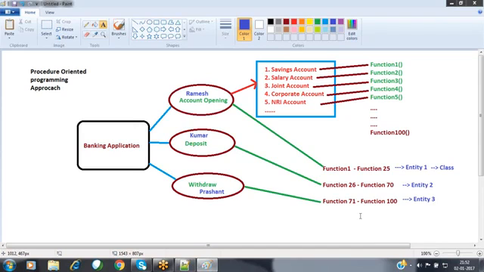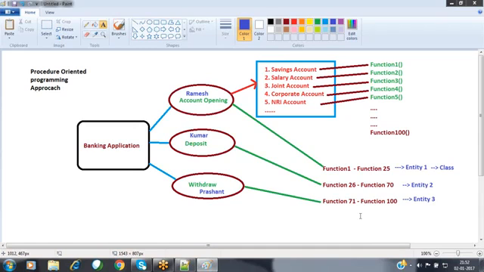If you want to access those items, we require a key. That key is nothing but an object. By using that key, we can unlock the class and access each and every member available inside it. Whatever procedures, functions and variables you have defined inside that class are called the members of the class.